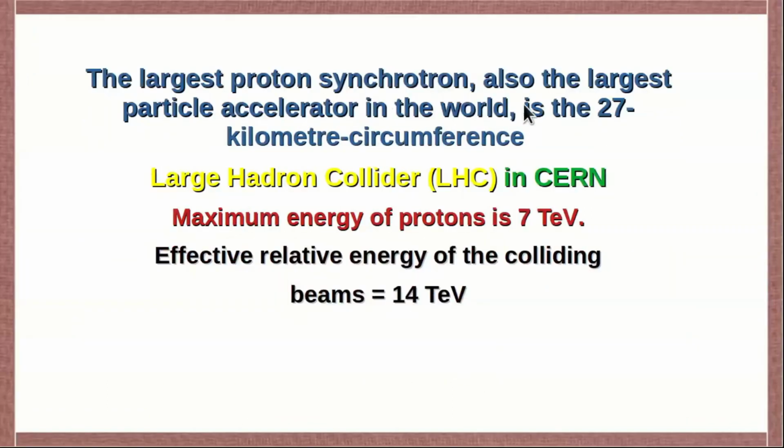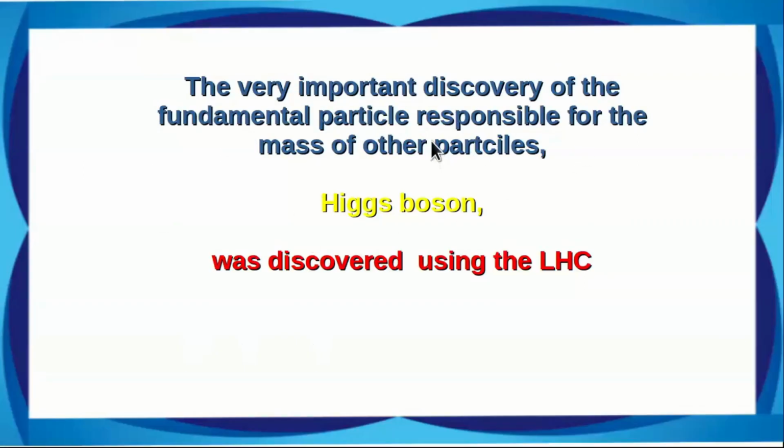The largest proton synchrotron, also the largest particle accelerator in the world, is the 27 km circumference Large Hadron Collider, LHC, at CERN. The maximum energy of the protons is 7 TeV. Effective relative energy of the colliding beams would be 14 TeV. Here actually we have 2 colliding beams. A very important discovery, of the fundamental particle responsible for the mass of other particles, is the Higgs boson, and its discovery was made using the Large Hadron Collider a few years back. Now this has been called the God's particle, and this discovery has been one of the revolutionary events in the